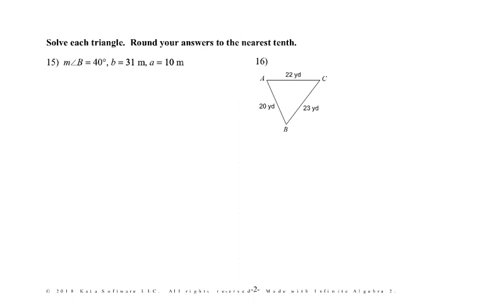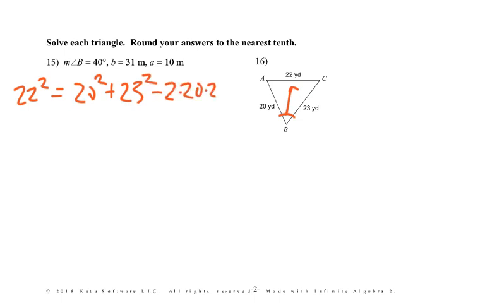Okay, so I would go, let's go for angle B. So the opposite of angle B is 22, and that's important to note because that's the one that's by itself. So I go 22 squared equals 20 squared plus 23 squared. The other two, the order doesn't really matter. We times that by the cosine of angle B, which is what we're looking for. Because we're looking for this cosine of angle B, I've got to deal with all this front stuff and get it over to the other side. Okay, so I'd go 22 squared,